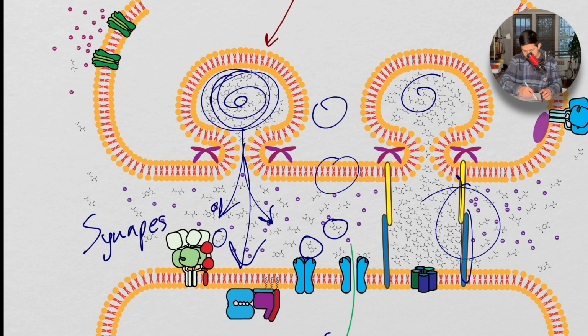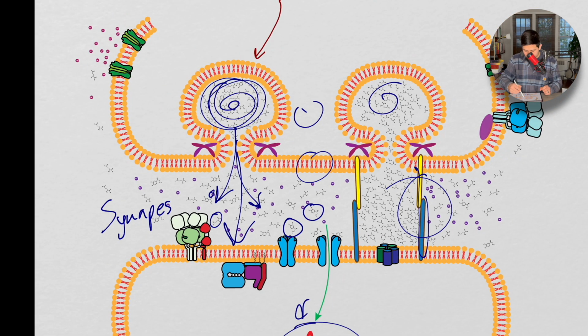I'll use my pointer instead. Via these proteins that grab onto the vesicles, they fuse them with the membrane that they're attached to. And this fusion is going to cause all this stuff to spill out. Okay? We don't really need to know the names of these proteins, but we'll get into those later. Not in this playlist, obviously, because this is more of a biology topic than an artificial intelligence topic.